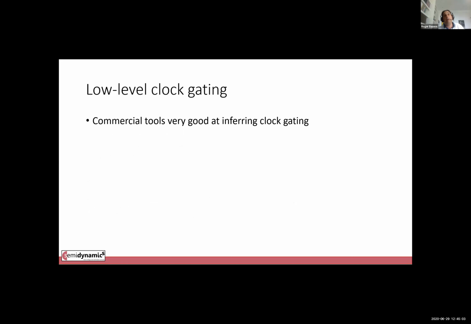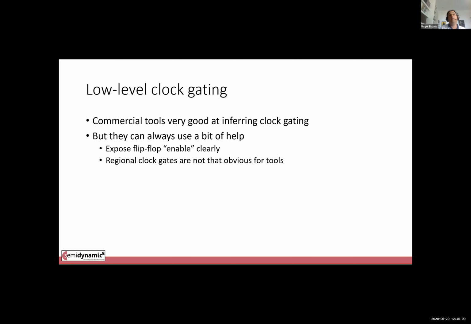You can't tell the tool, hey, insert clock gating for me, but in order to help them, you have to expose the enable to a flip-flop very, very clearly. And that's where the magic of clock gating happens, where the designer goes and says, oh, wait, I can disable this flip-flop if there are no floating point instructions flowing down the pipe, or I can turn off these 8 big flip-flops in my tag compare array because there's no load operation coming down the pipe, so turn it off.